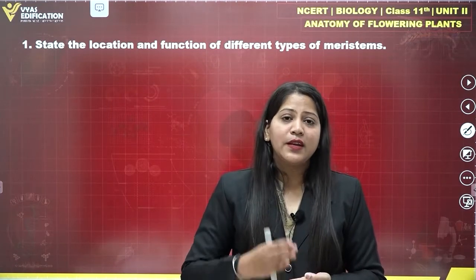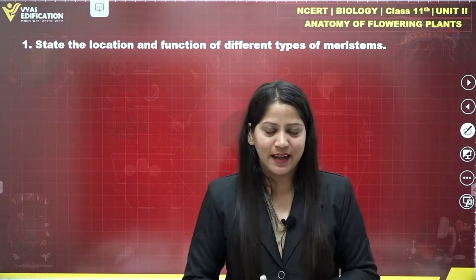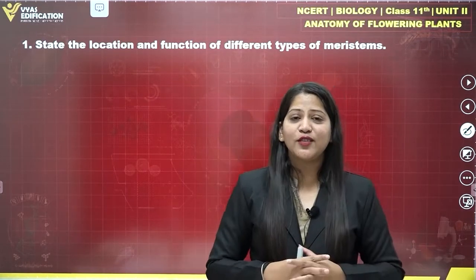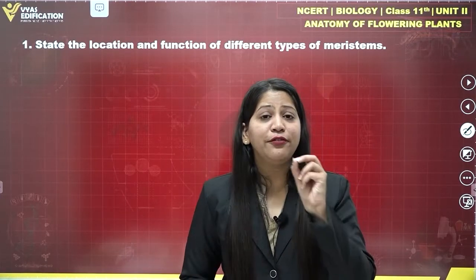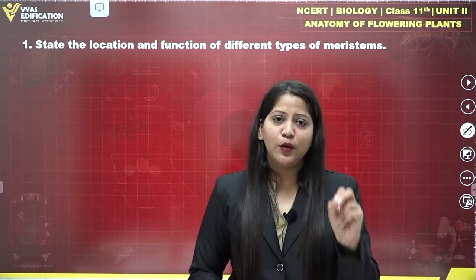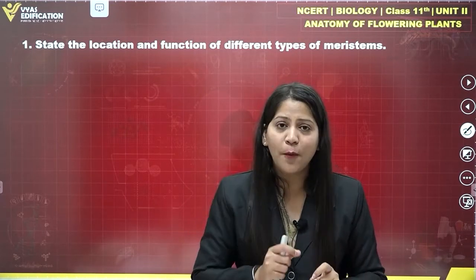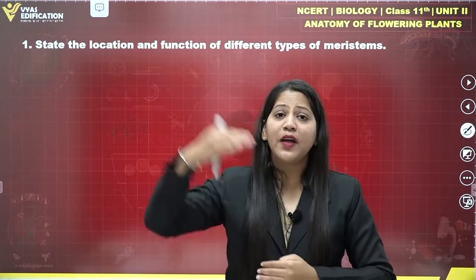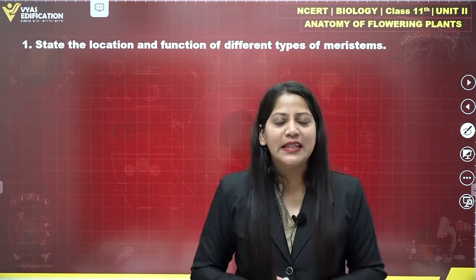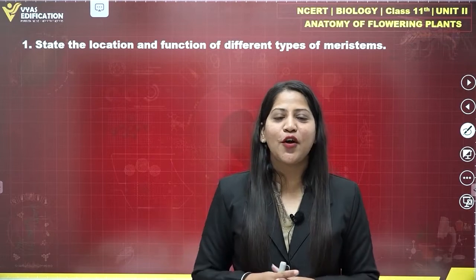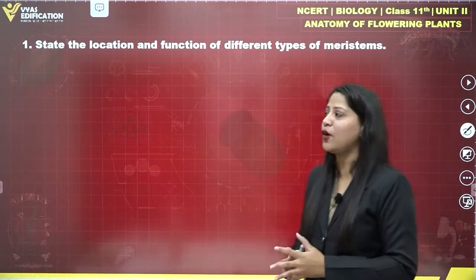Now, in roots, it is formed from parenchymatous tissue as well as from pericycle. Now, what is the function of this vascular cambium? It helps the formation of secondary phloem. This vascular cambium, which is a type of lateral meristem, is going to form secondary phloem on the outer side and secondary xylem on the inner side. So this is the function of vascular cambium, and with this we have completed the explanation of this question number